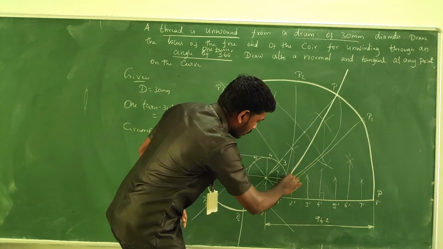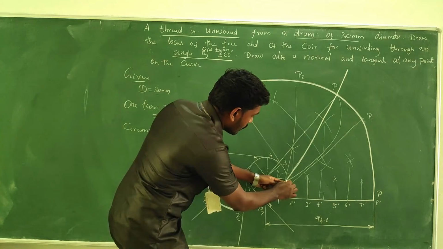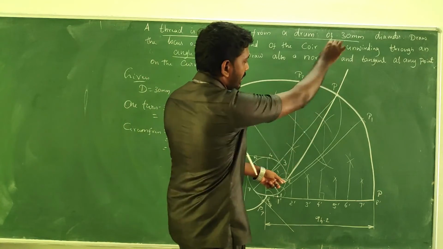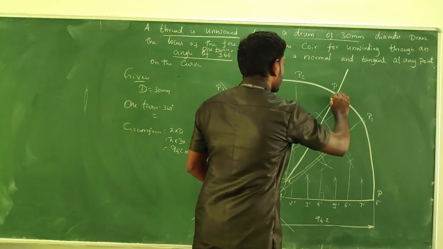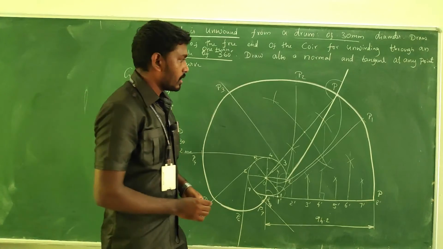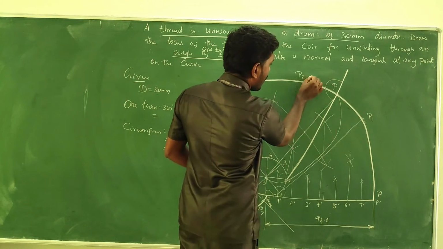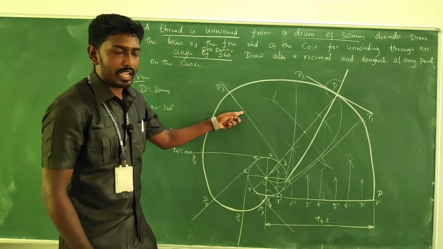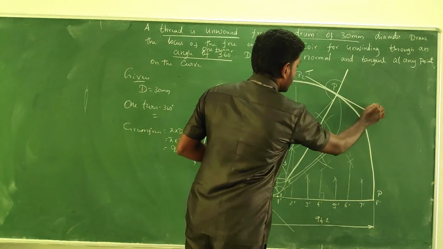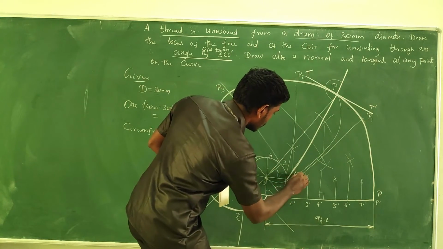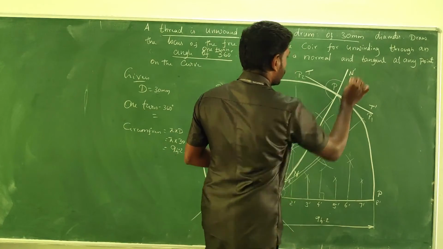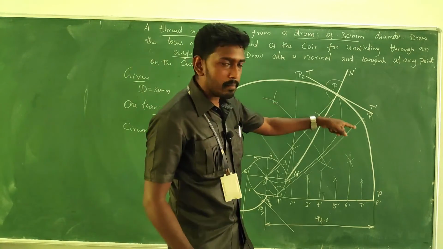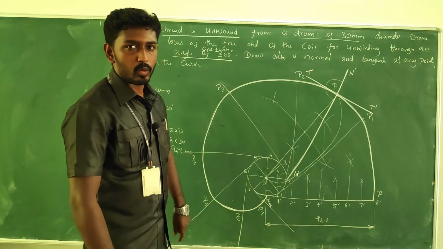The point where the semicircle intersects the circle, if you take a line to the point P, it is your normal, right? So you can make it dark. And if you keep your protractor in this manner at the point P, and take 90 degrees and draw a line, you will get the tangent line. It passes through the outer periphery. It's T dash, and this is N, and N dash. So as far as this diagram is concerned, the curve should be dark, then the tangent and normal should also be dark.